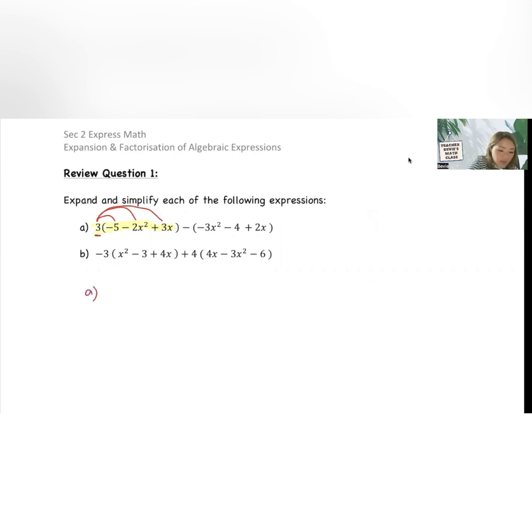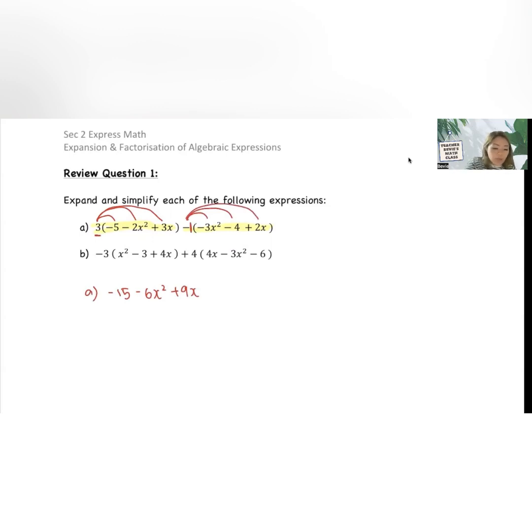one first, and that gives me minus 15. 3 times minus 2x squared gives me minus 6x squared. 3 times positive 3x gives me 9x. And as for the second portion, there is a negative with no number in front of the bracket, meaning it is a -1. Okay, so same thing, you have to bring in your -1 into all three terms